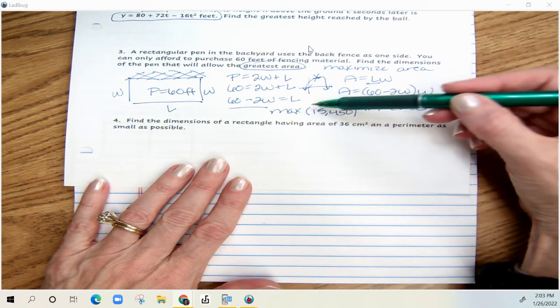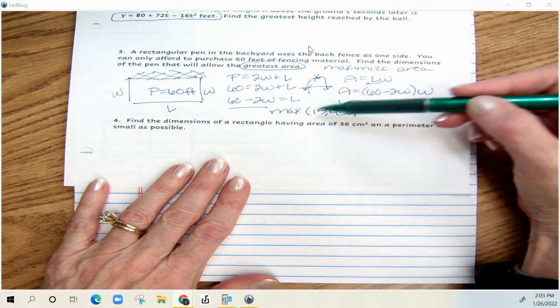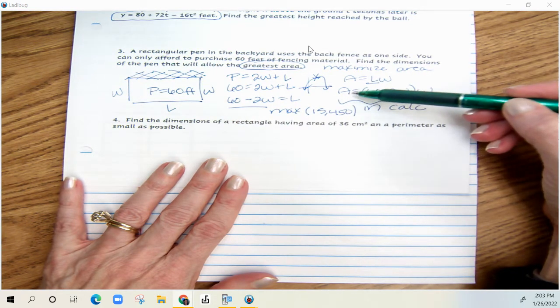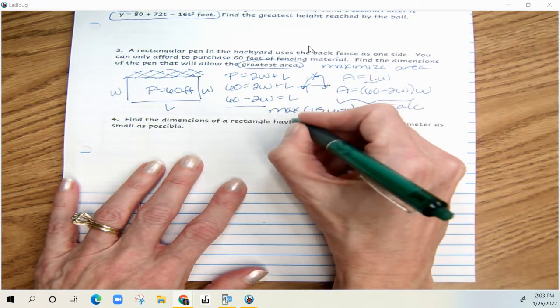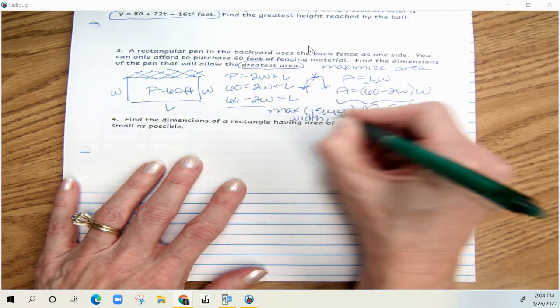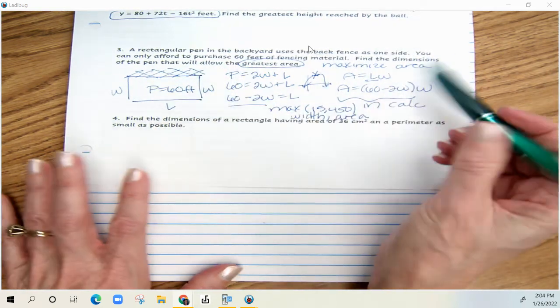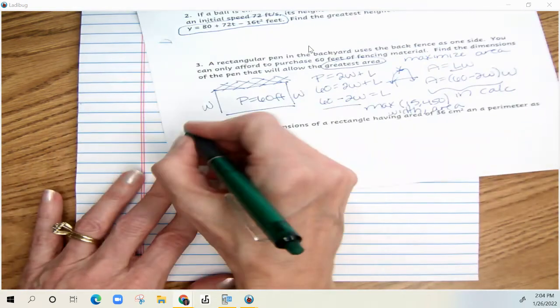So I put this in my calculator in terms of x and y, where the x coordinate represents the width and the y coordinate represents the area. So 15 is the width and 450 is the area. So find the dimensions that will allow the greatest area. The max area